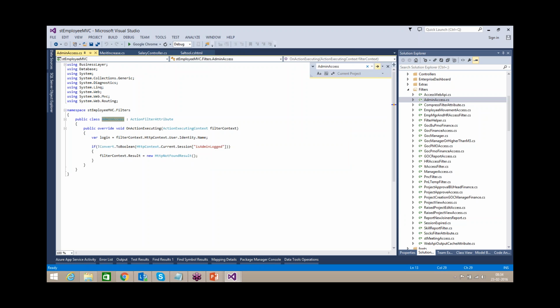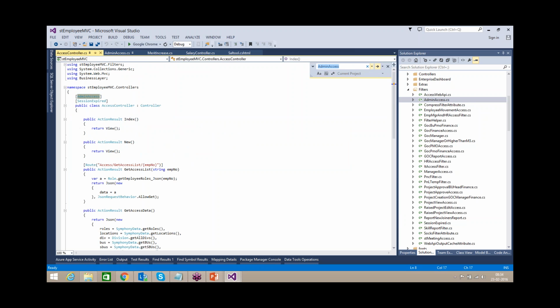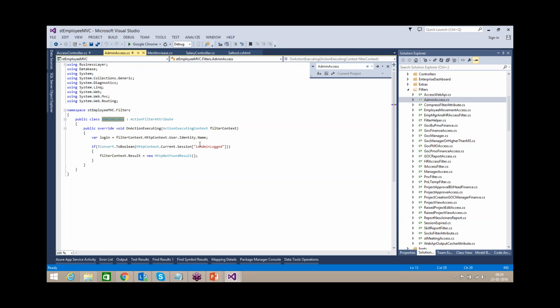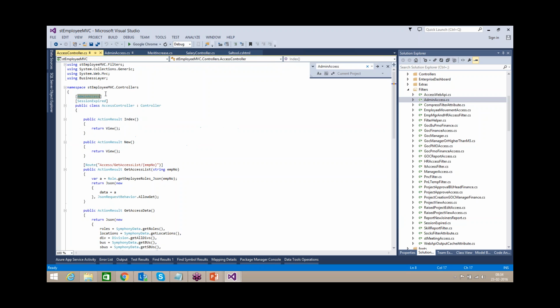No one else can access this. You can see admin access on this entire controller and the methods inside this controller, so this can be accessed only by people who have the admin role. Whoever has the admin role can access this controller. Like this we can filter.